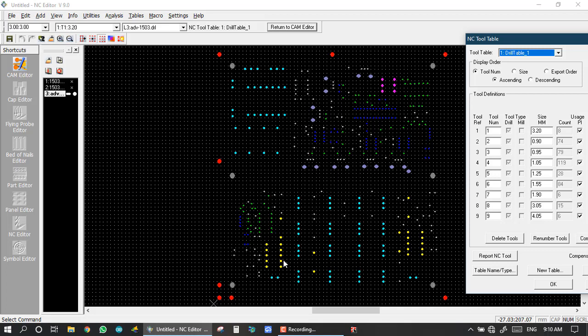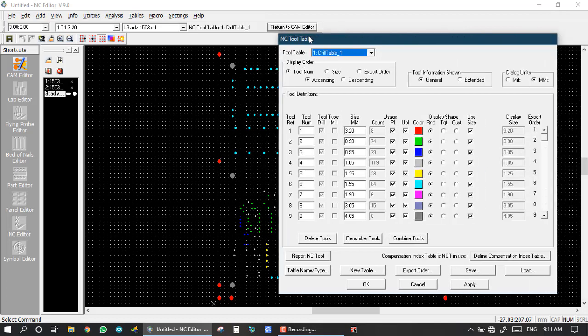So the machine has some path, like we hit the first drill here, second here, third here. If the machine takes the fourth drill hit here, and fifth is here, sixth here, 7 here, then the path for the machine is like from here to here. If I do not set the path of the machine, then the machine automatically takes a path, and then the duration of drilling is very large. But in this CAM350 software we have one option, and we can set the path of the machine drilling.